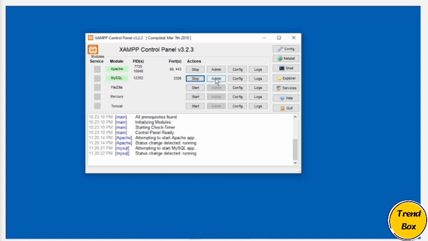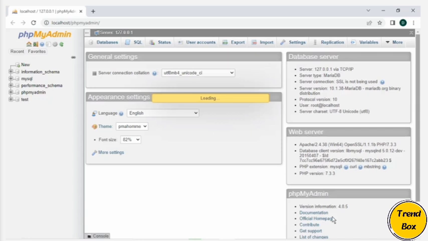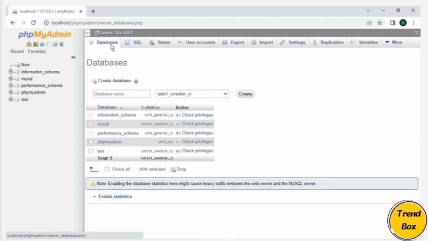So I will open phpMyAdmin. I'll click on this button, that is MySQL admin. This is my dashboard of phpMyAdmin, and these are the databases that MySQL provided by default. So we will create our own new database. We'll click on this tab, that is databases. Once we click it, it will ask us to create a new database. We'll create a database by the name my_db, and we will hit the button create.